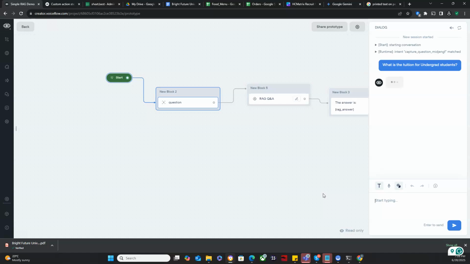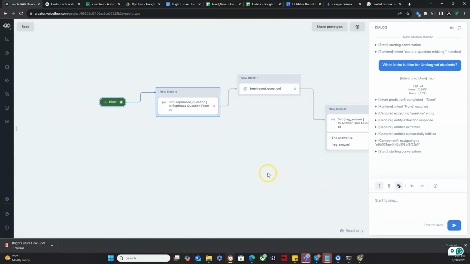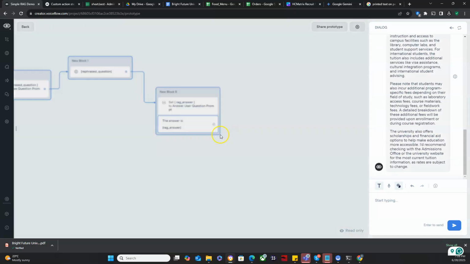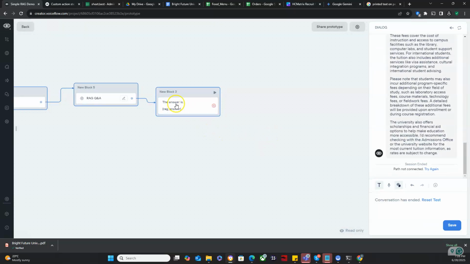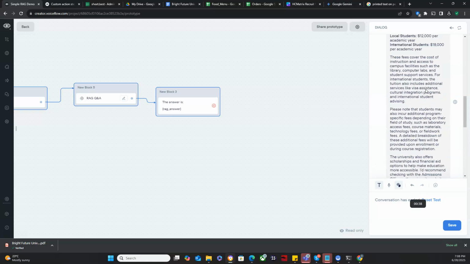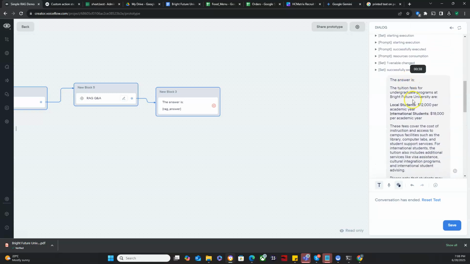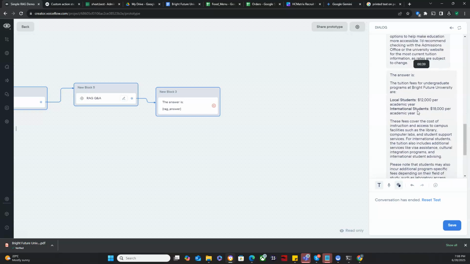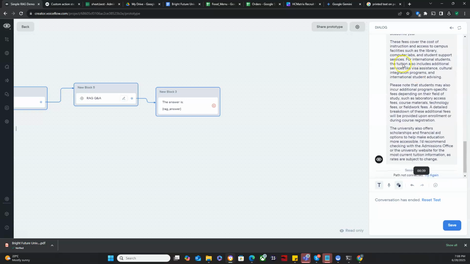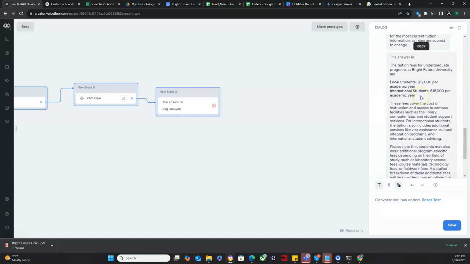So watch what happens now. It'll move into the component and then run all the blocks within the component, right? So it retrieves the information and then sends the information. So you see the answer is this, right? Although we printed it twice, I think we're printing it in the component itself. So it gives us the two